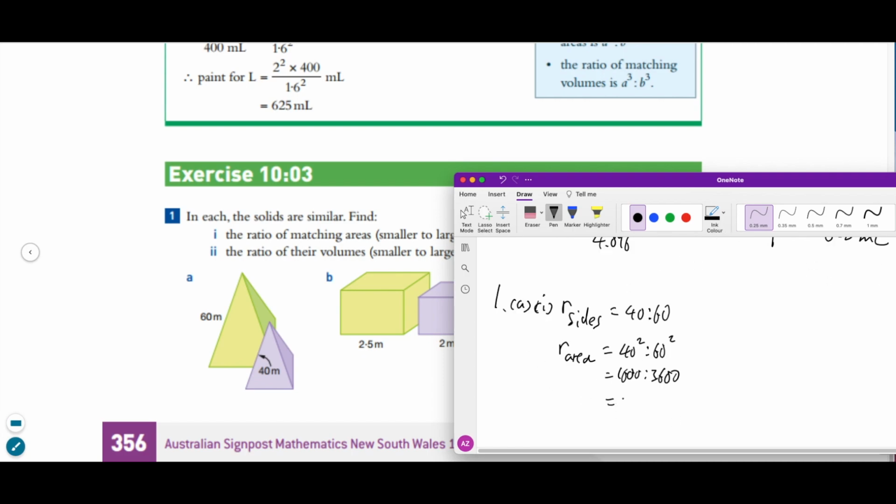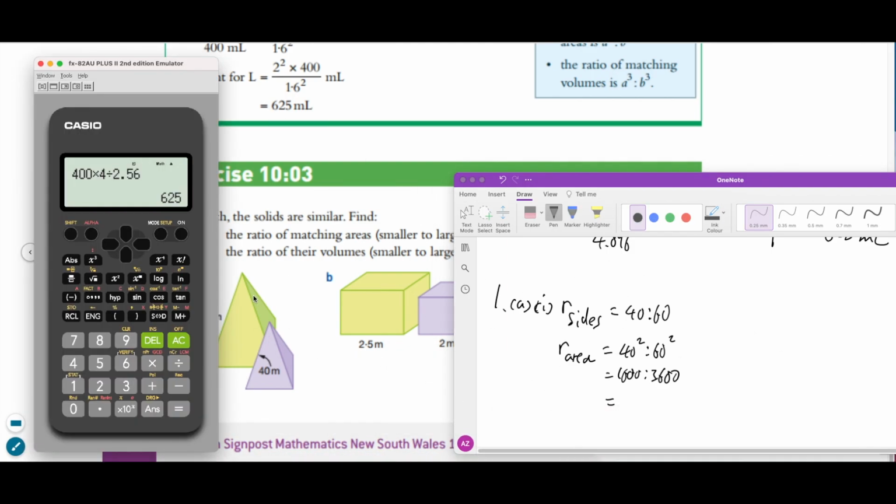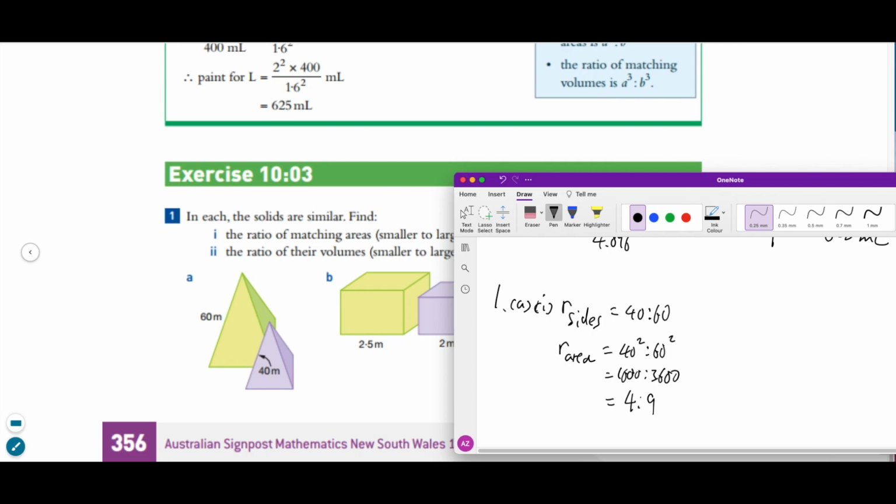So you can simplify this to what? You can type it into your calculator just to make it easier. So 1600 divided by 3600. Turn into a fraction, so 4 to 9, right? Actually, it's probably better that you simplify this to begin with, so that the ratio of areas will just become clear. And then the ratio of volume